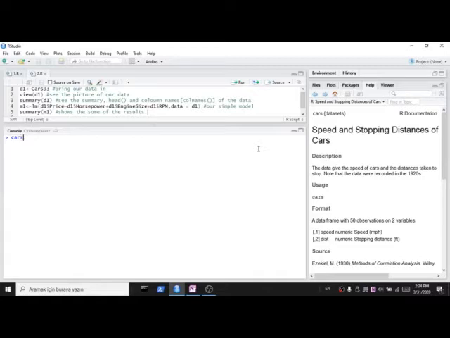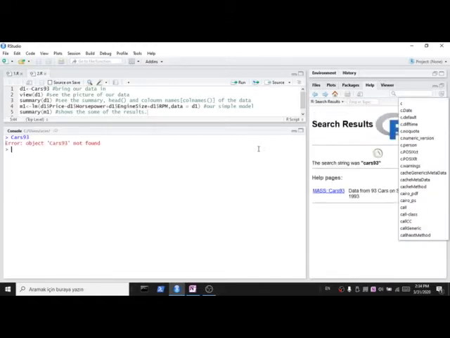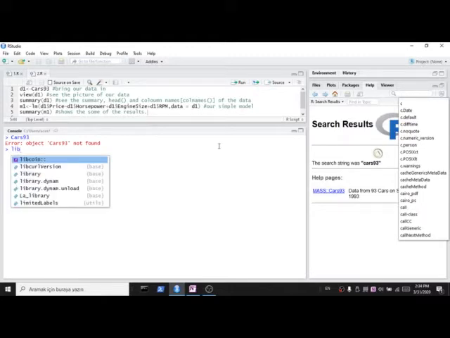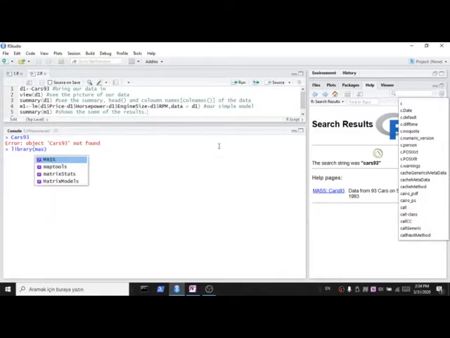Let's look for available datasets. Cars93. Okay, we need to export. MASS datasets. Anyway,